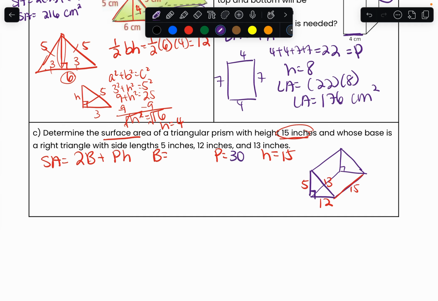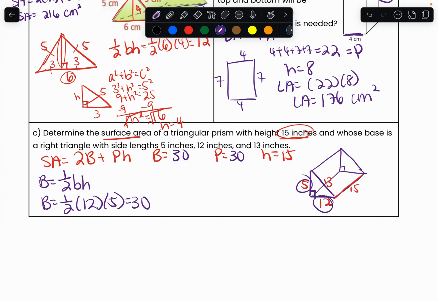Okay? Then the most difficult part is finding the area of my base. First, I need to determine what type of shape my base is. If you look at it, the shape of my base is a triangle. And now, what's my triangle formula? It's 1/2 times the base of my triangle times the height. So then I just plug in everything I need. So I will have 1/2, my base is 12, right here, and my height is 5. 5 times 12 gives us 60, divided by 2, that gives us 30 as the area of my base.